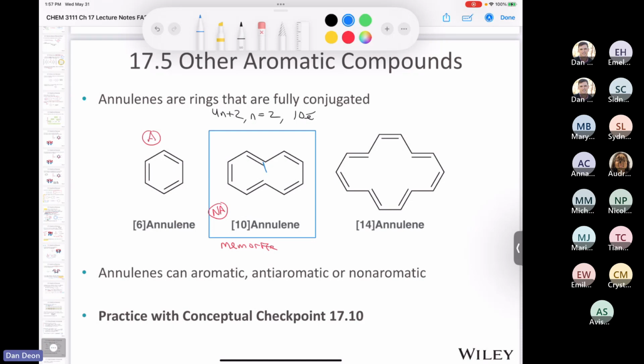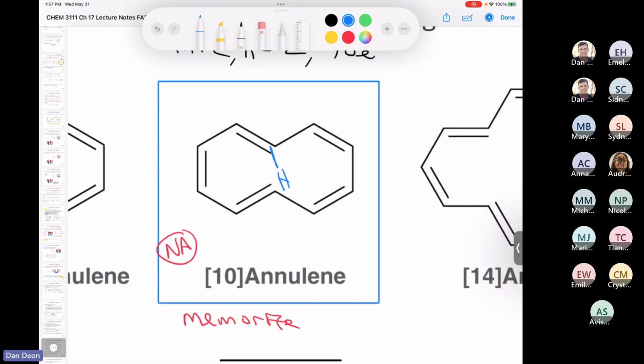You see how you would have a proton here? Okay. We zoom in, you would have a proton here. Well, you'd also have a proton here. And they're like touching each other. Exactly, Audrey. So what this does is those two protons inside the ring are so close to each other that it pushes it out of planarity. Remember the tub, right? The tub pushed it out of planarity. So this pushes it out of planarity, and so it